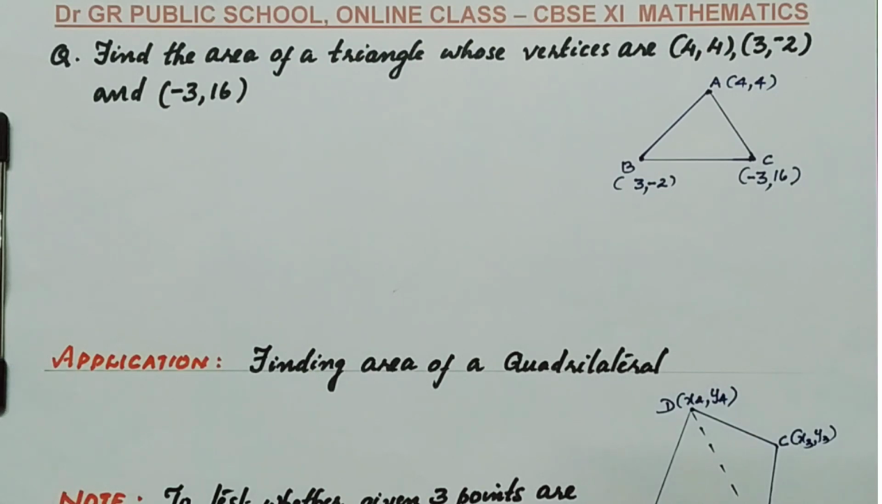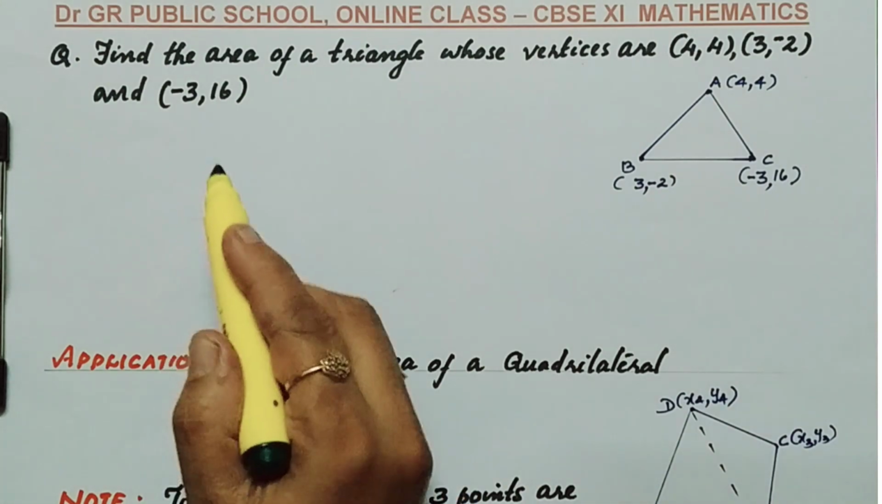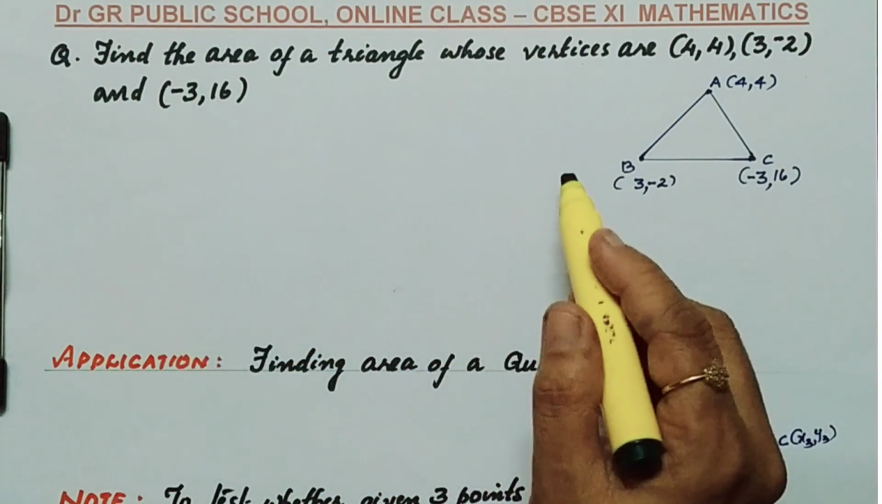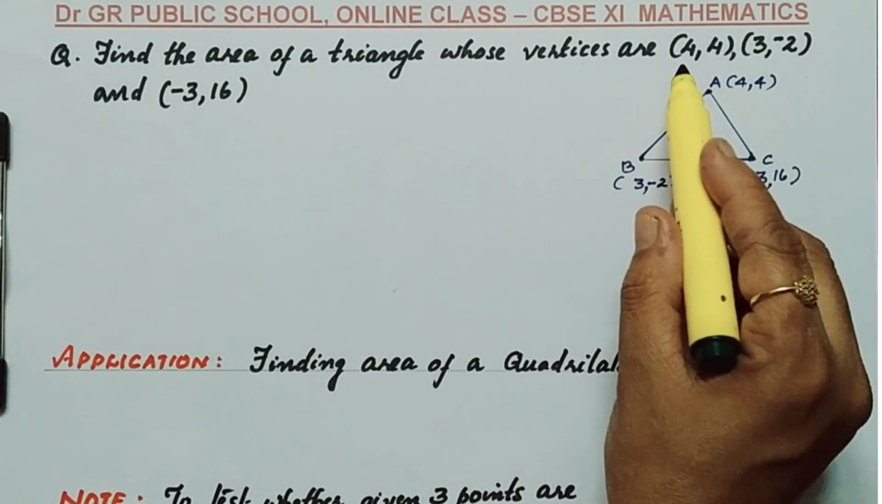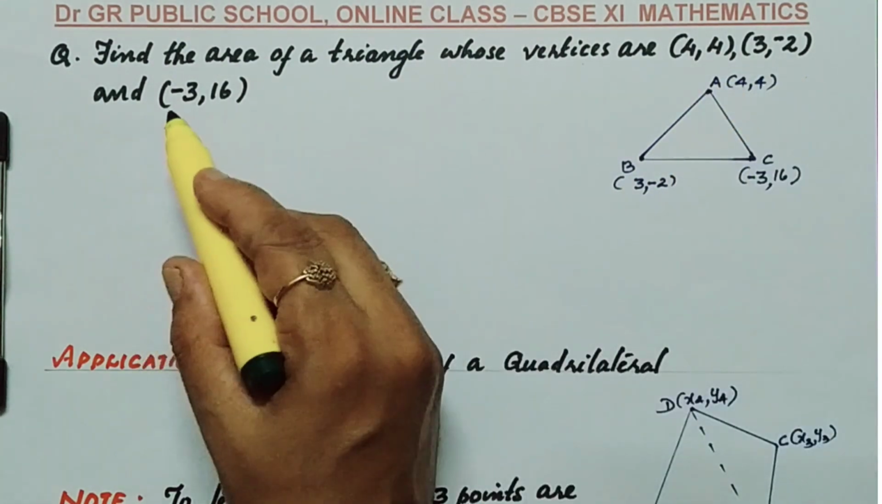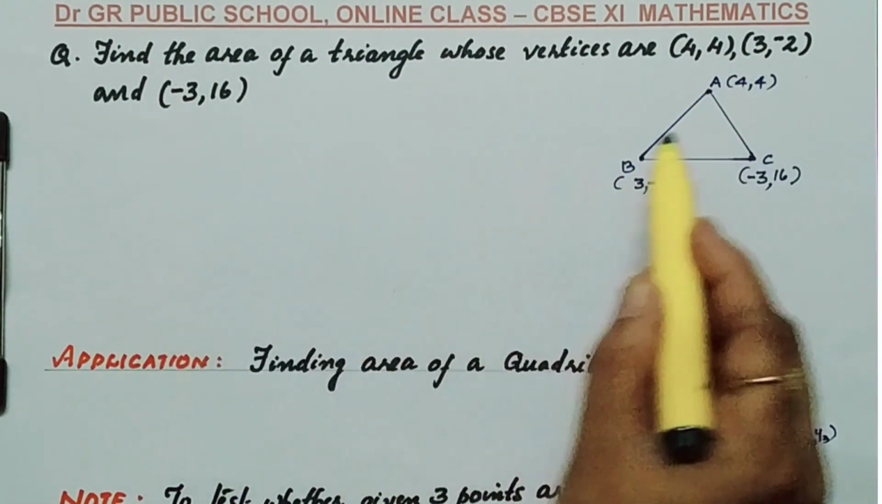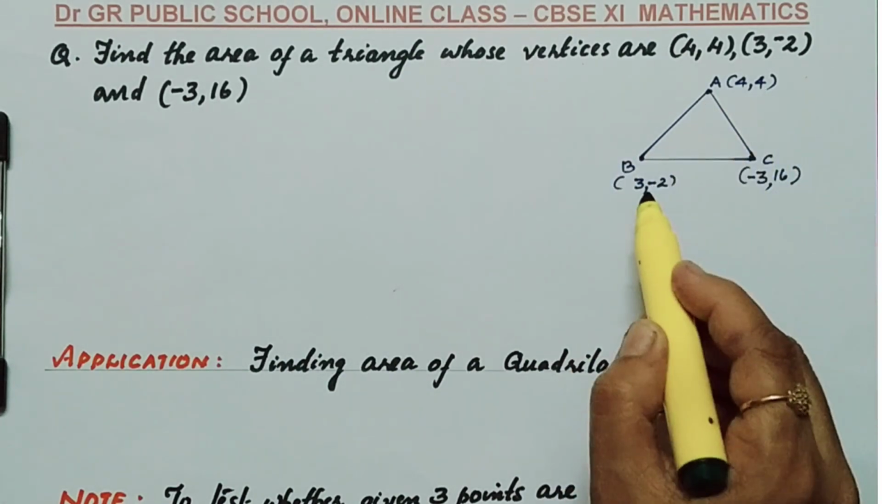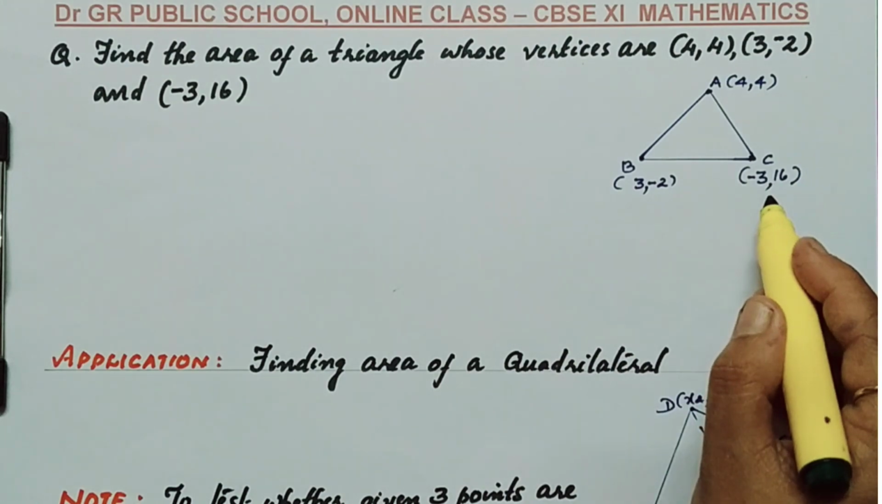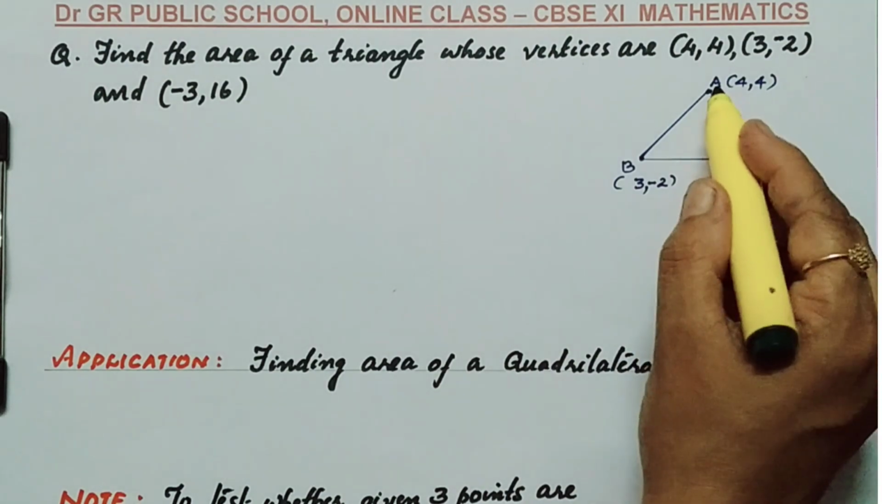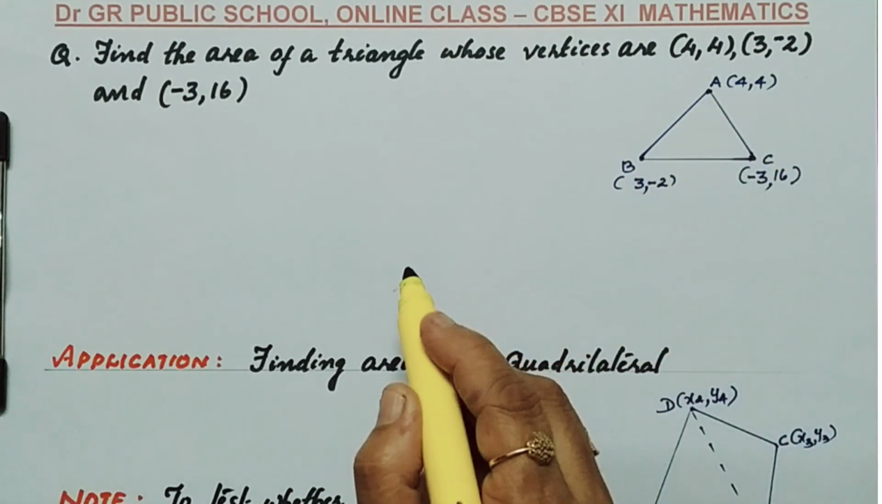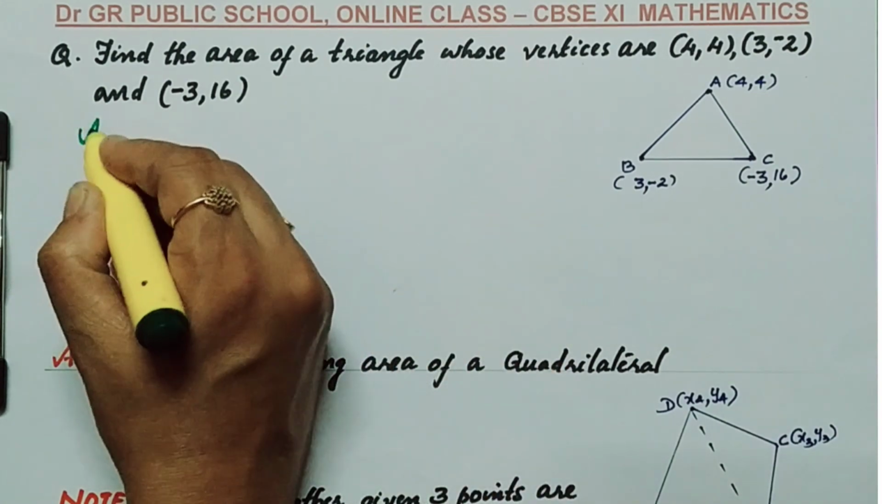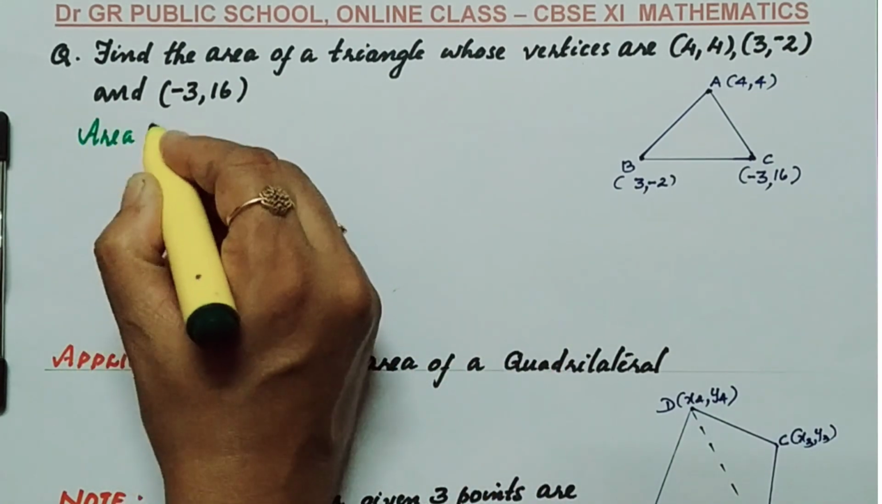Let's do a problem based on how to find the area of a triangle when 3 vertices are given. Find the area of a triangle whose vertices are (4, 4), (3, -2) and (-3, 16). I draw a triangle with these vertices as A, B and C. So, I need to find the area of triangle ABC